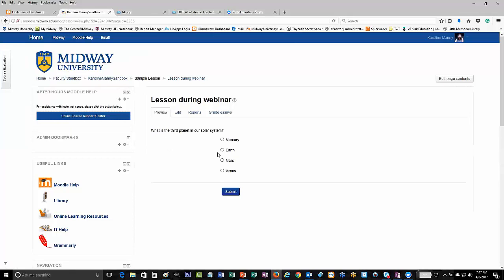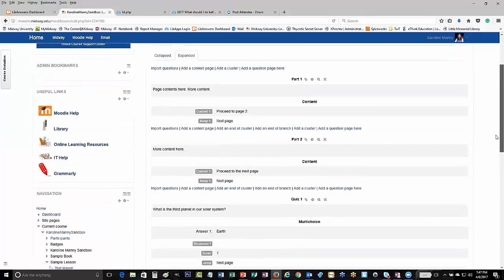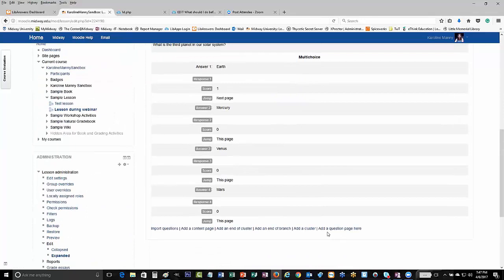Here's my little quiz. I'll choose the wrong answer, and it just kicks me back there. So I'll choose the right answer, and it lets me get to the end of the lesson because that's all that's in there, and it tells me, congratulations, I got to the end of the lesson. If I want to add more, I just go back to my Edit tab, and I can continue either using the gear to edit individual pages or using these links to insert a page of either content or questions